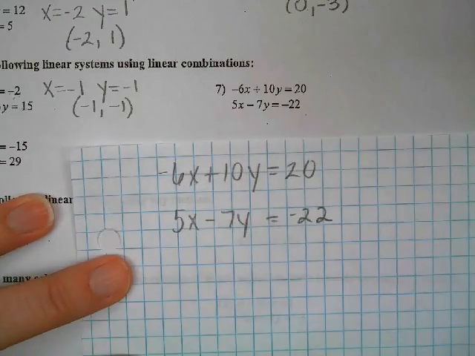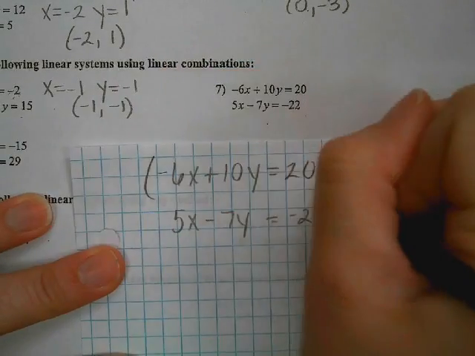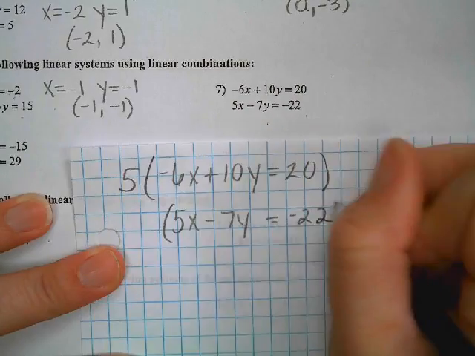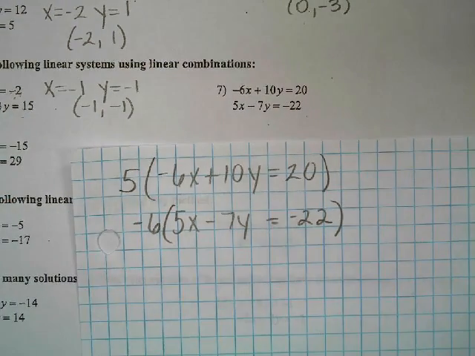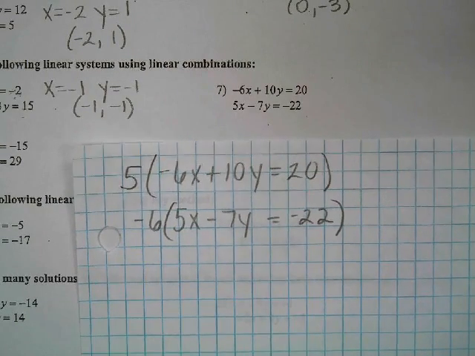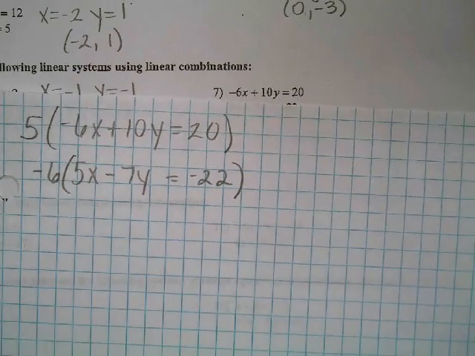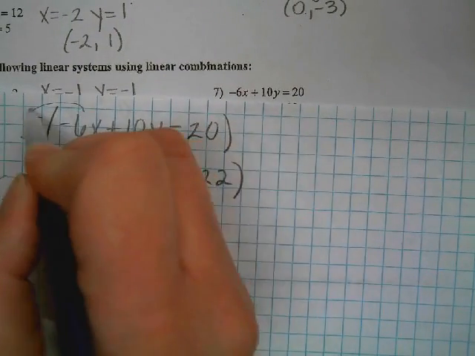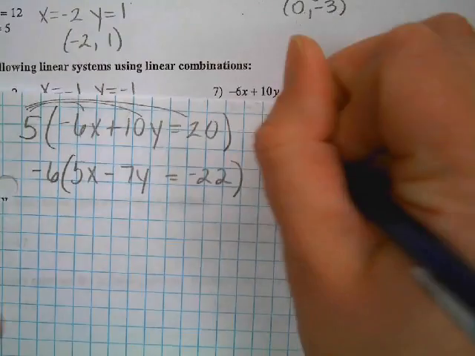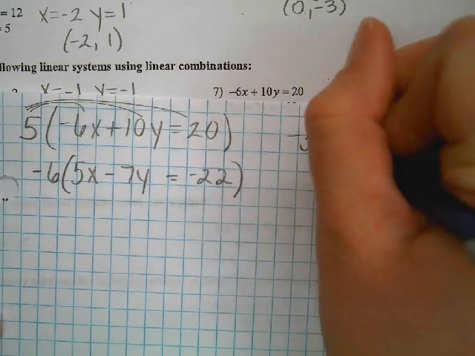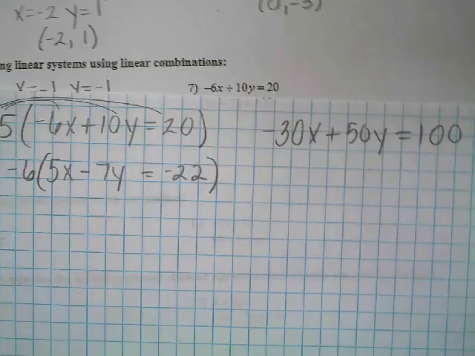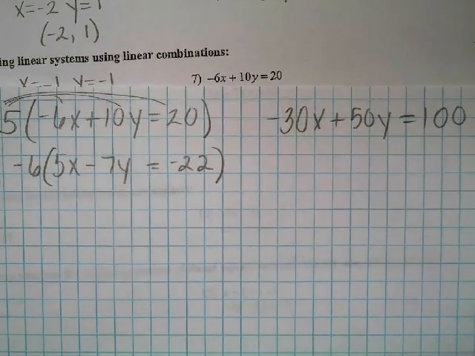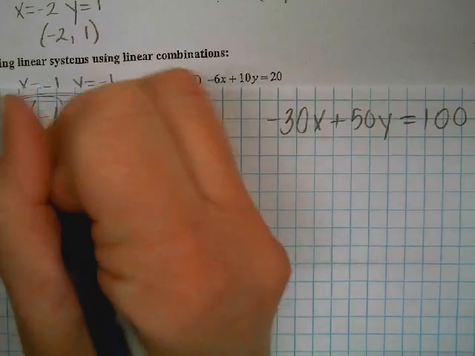I'm going to multiply this top equation by 5 and the bottom equation by negative 6, and that will eliminate the x's for me. If you distribute a 5 to the top equation, you get negative 30x plus 50y equals 100. And if you distribute a negative 6 to the bottom equation,